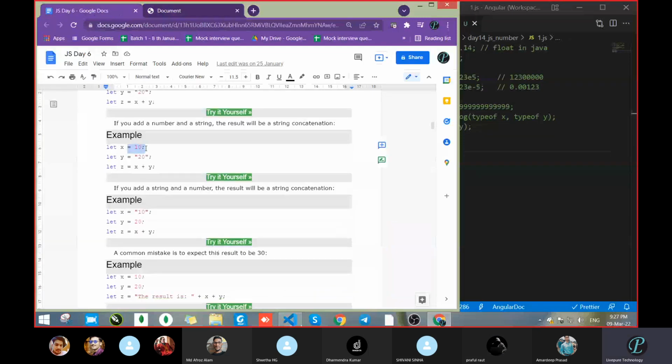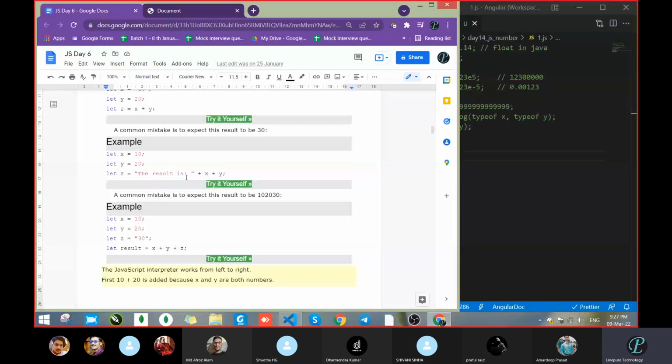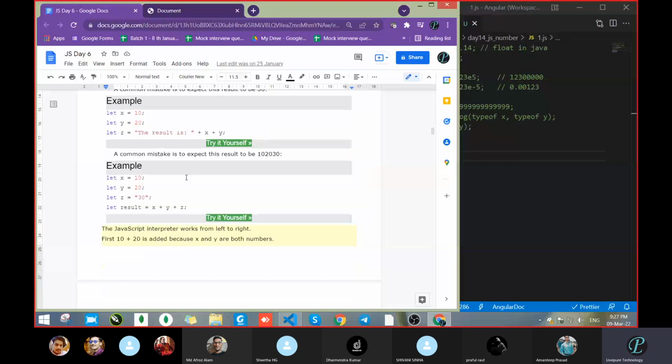Then again 10 and 20. These are all concatenation. So don't make a mistake. Please keep in mind what it will do.